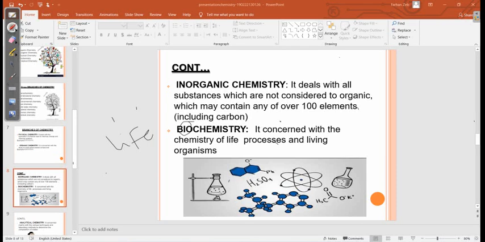Let's take an example. If we study what the blood contains, like hemoglobin and different cells, the study of particular things like what hemoglobin contains in itself is called biochemistry. Like when we explore that hemoglobin contains iron, acting as a complexing agent, that is called biochemistry. When we study life according to chemistry, that is called biochemistry.